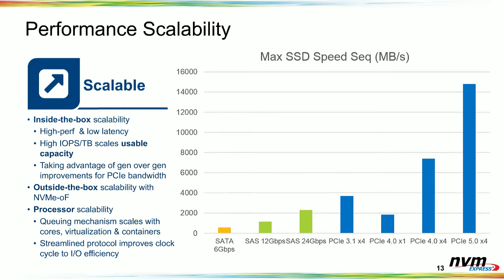Okay, so NVMe was designed to be scalable and high performance. One of the first things you'll notice is the queue depth. SATA supports 1 queue with a queue depth of 32, and SAS, Cameron, correct me if I'm wrong here, if SAS has changed since I understand it, supports 1 queue with a total of 256 queue depth. NVMe was designed to support 65K queues and 65K commands per queue.